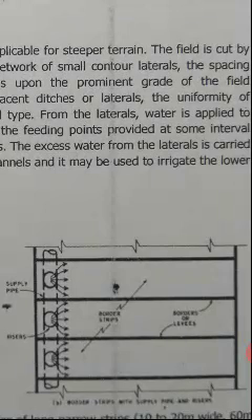In this method, the land to be irrigated is divided into a series of long narrow strips, that is 10 to 20 meter wide, 60 meter to 300-meter long, separated from each other by low levees or borders. The strips have no cross slope, that is, slope along the width of the strip, but have a uniform gentle slope in the longitudinal direction,